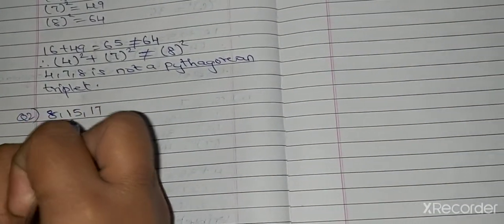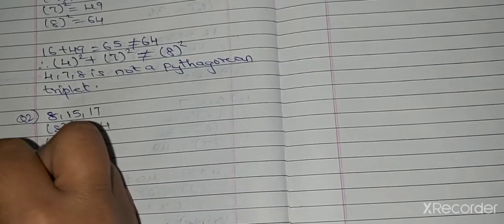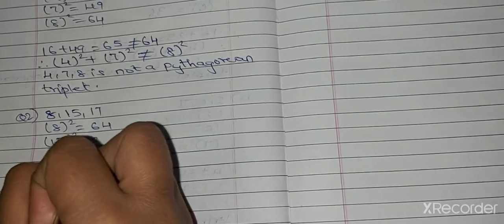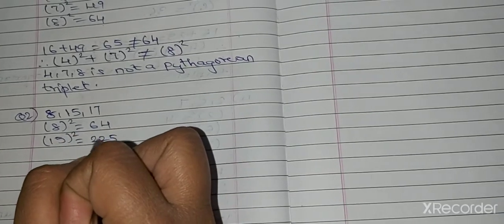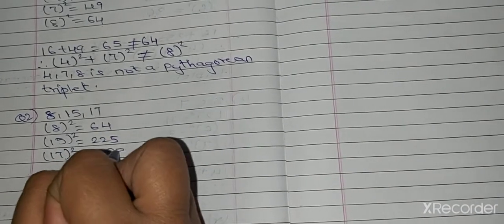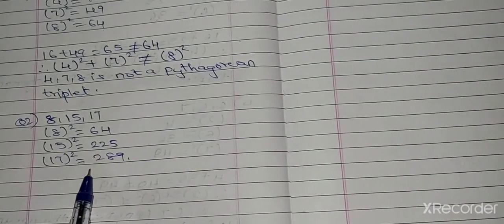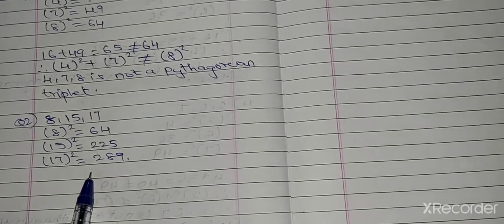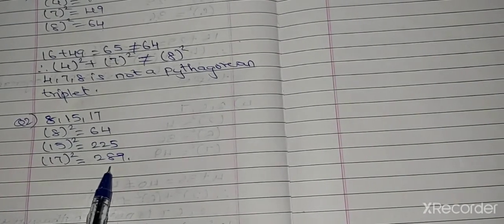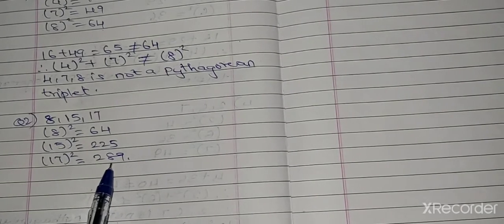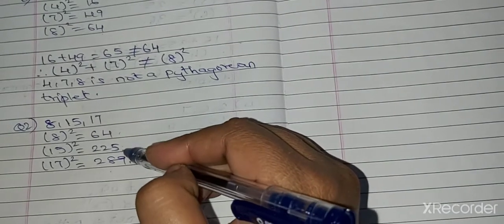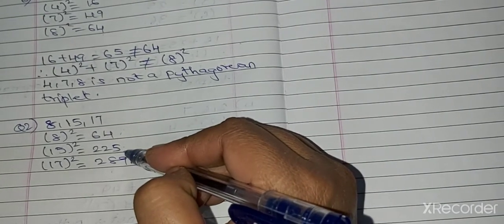8 square, 8 8s are 64. 15 square, 15 15s are 225. 17 square, 17 17s are 289. So which is the biggest number? 17. When you add these two, you should get 289. Then only it is a right angle triangle. If it does not come equal, then it is not a right angle